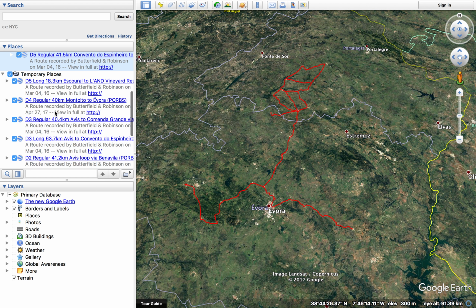So I add the Land hotel in Monte Oito, for example. There is Land Vineyards, okay? And I right click on the name and save it to my places, okay? I can do the same with another hotel, Convento dos Pinheiro, boom,